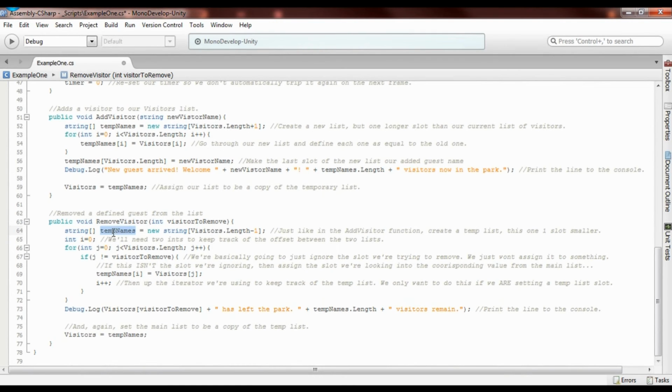So we create a new list, again called temp names, but we also feed an integer into this, and that's important because that's going to be the slot in the visitors list that we're going to take out. That part's going to be kind of confusing, but